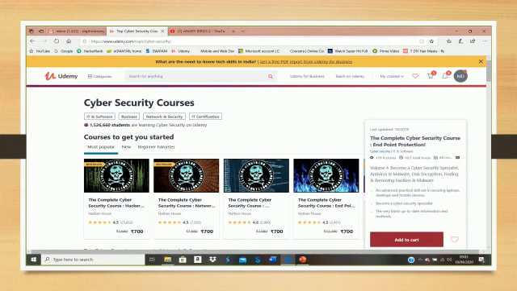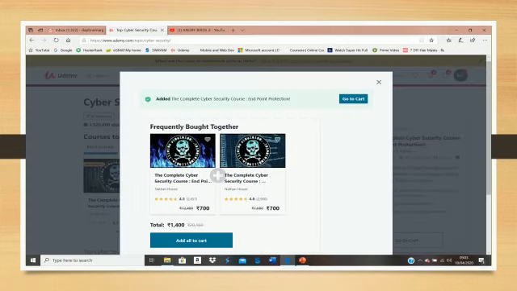Here is an example of a non-modal overlay. For the user, it is not necessary to interact with the dialog box. Look at this picture. When I hover my mouse on any of the courses, a small detail about it is shown. Now, when I click on the Add to Cart button, a dialog box is displayed. It is not necessary to interact with it. If I click outside the dialog box, it will disappear, right? So, with a non-modal overlay, it is not necessary to interact with the dialog box.